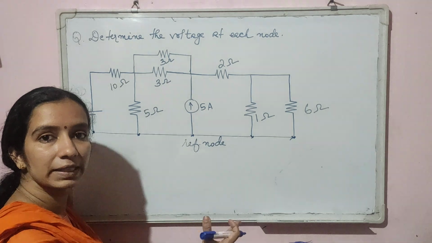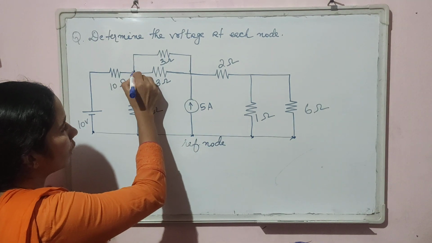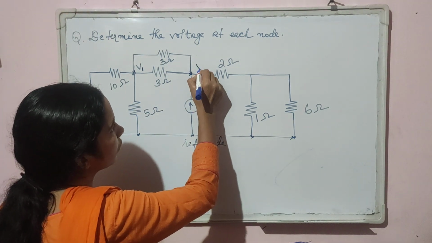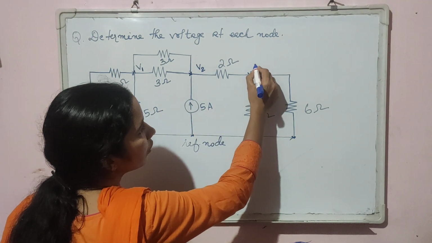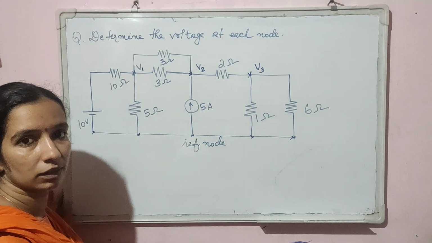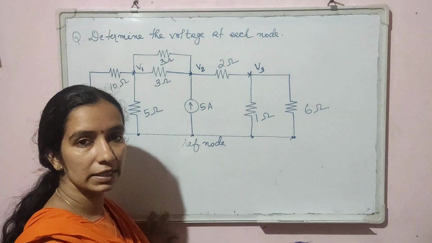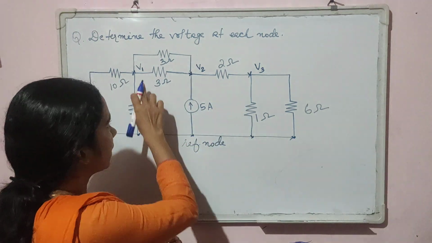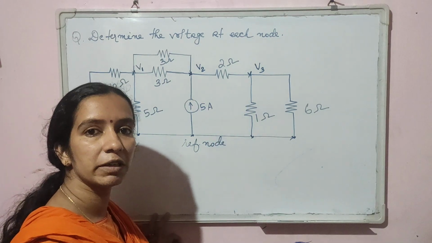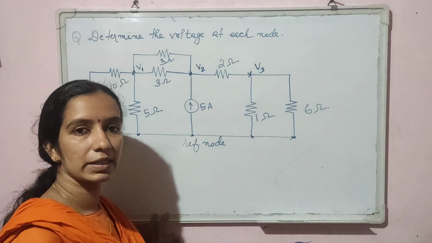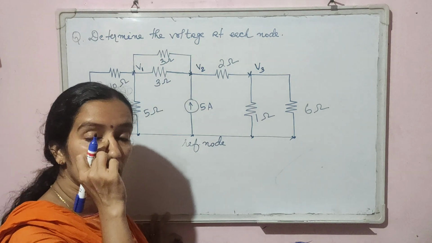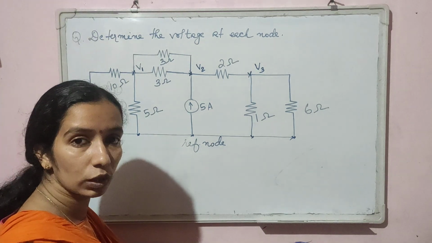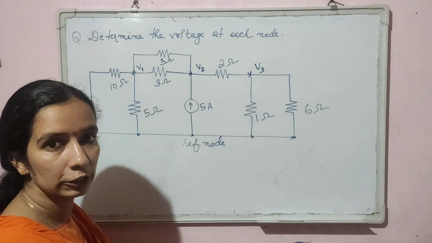Now identify the multiple nodes. So this is one node, let its voltage be V1. This is the second node, that is V2, and the third node is this one, V3. So after assigning the node voltages, we have identified 3 nodes, node 1, node 2, node 3, and assigned voltages to each of the nodes as V1, V2 and V3. Then mark the different branch currents, and mark all the currents as leaving from the considered node.